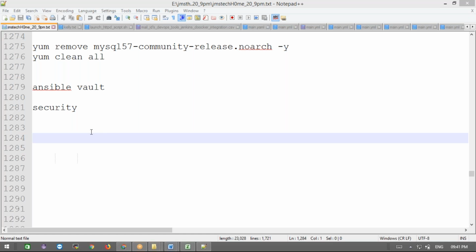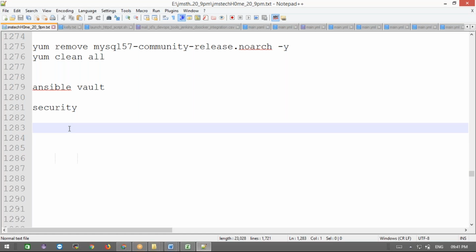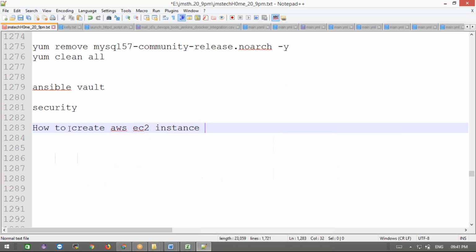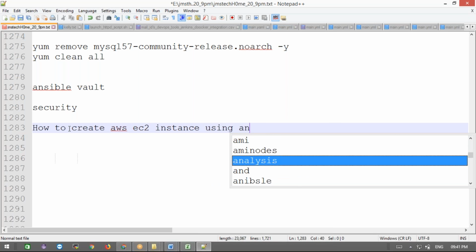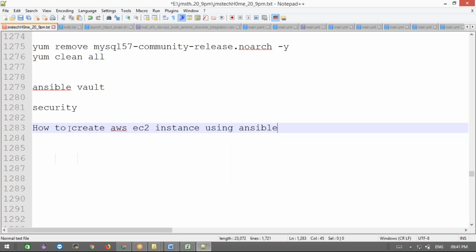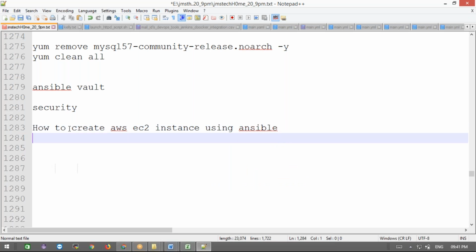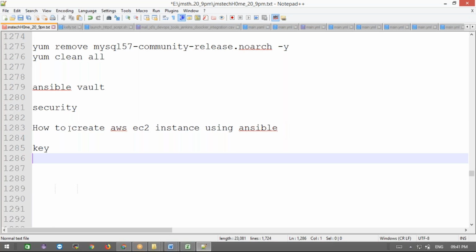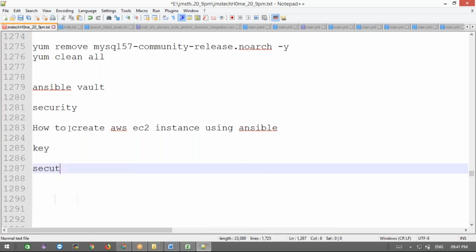Hey guys, today we are going to discuss how to create an AWS EC2 instance using Ansible. We are going to use some of the Ansible modules to create the EC2 instances, and we can even create PEM key files. Key files we are going to create, and